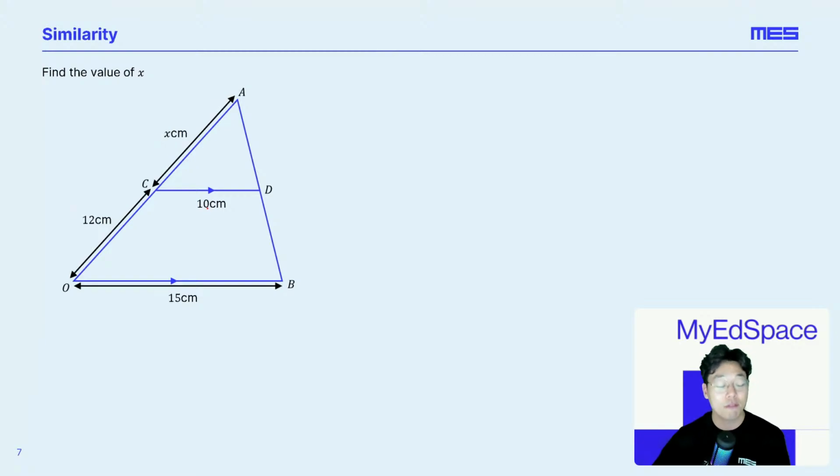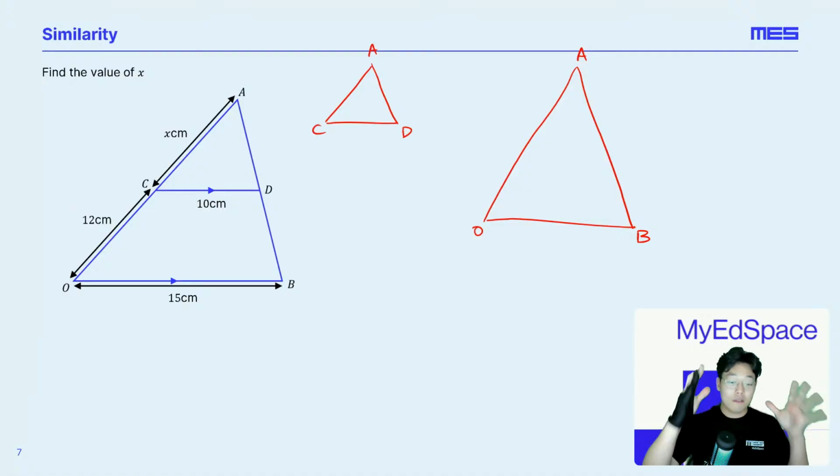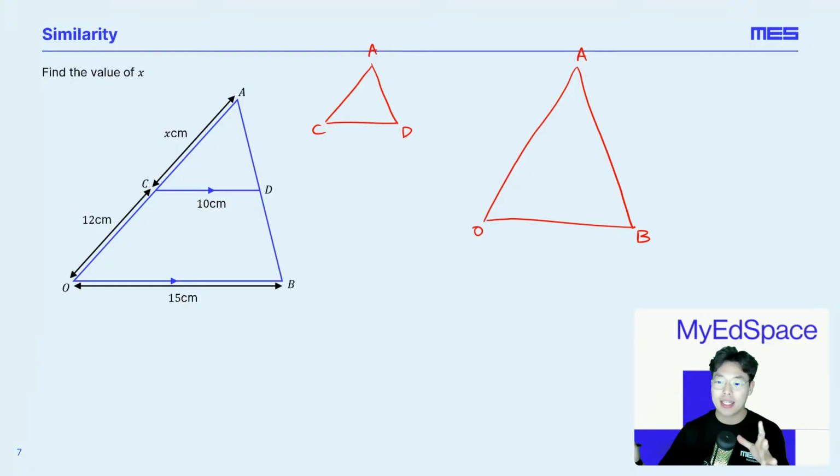So again, the first thing I'm going to do is redraw the two triangles that I see. So first, I see this smaller triangle, and then I see the bigger triangle. Now, you don't have to draw them to scale, because if you label them like this from our initial diagram, your teacher can't say anything, right? You've labeled it with the exact points that are on the initial diagram. So we're good, right? We're checking our bases.